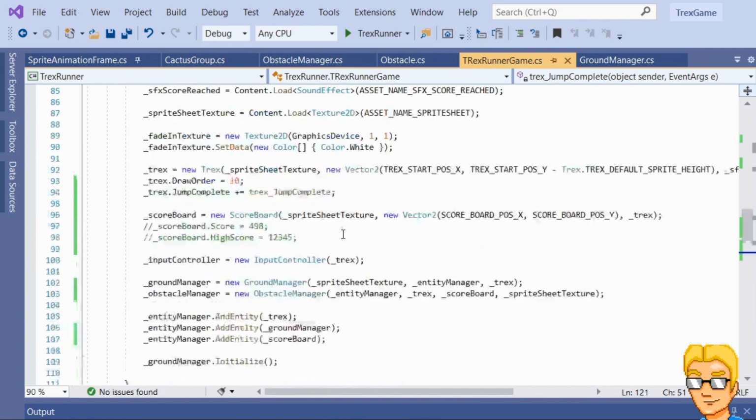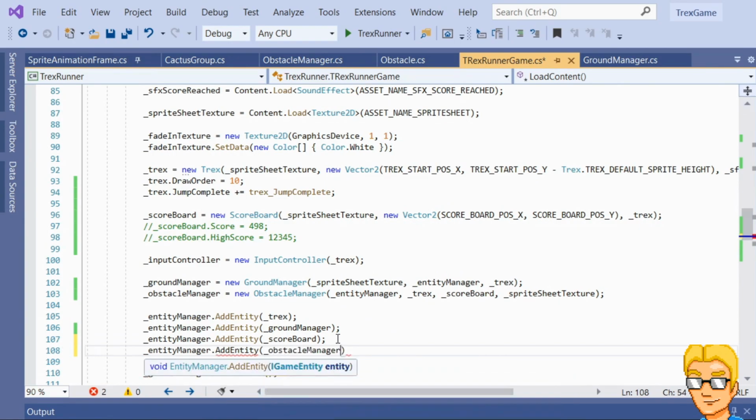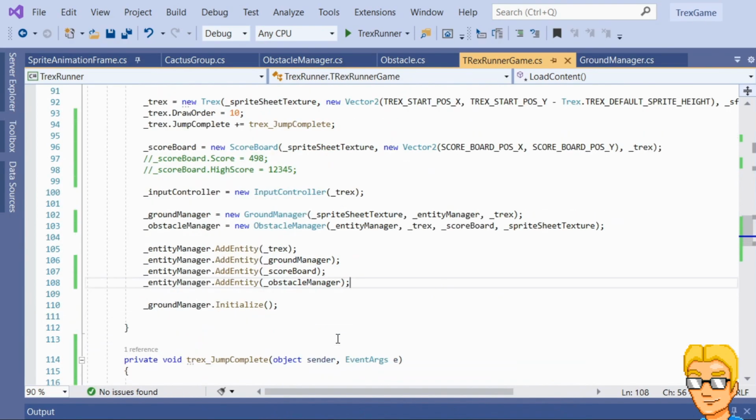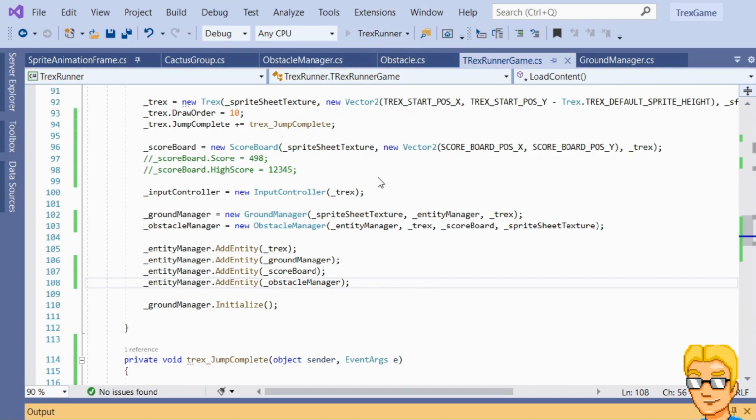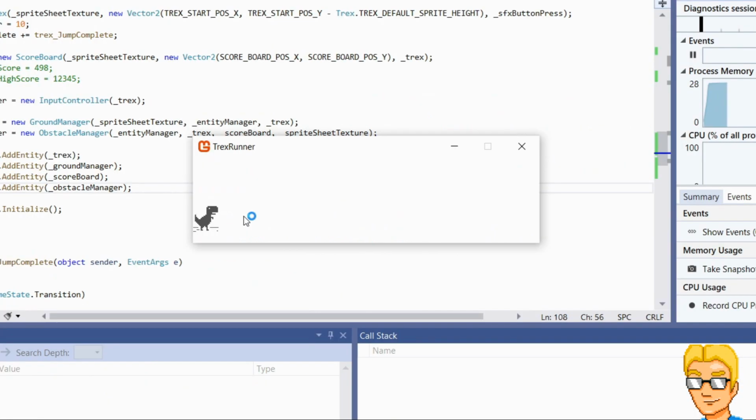No, one more thing. We need to actually add the obstacle manager to the entity manager like this, so that it gets updated. So the update method is actually called each frame. But I think that's it. Let's just give this a try. Yeah, obviously now nothing happens, but as soon as I jump,